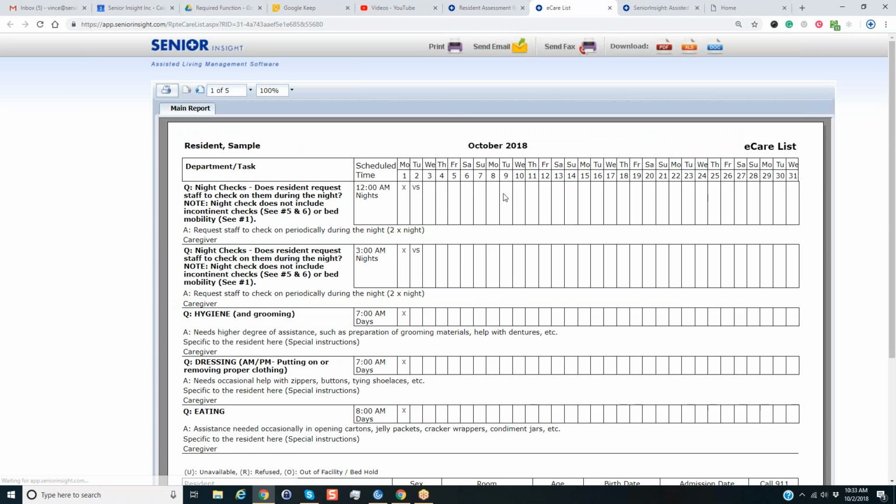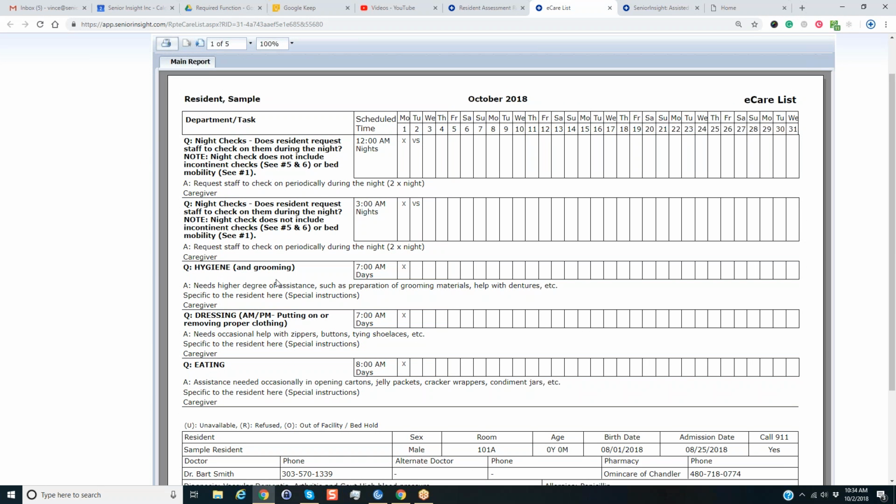So here is the MAR report, okay, for this resident. This happens to be 5 pages here. Hygiene at 7 a.m., dressing in the a.m. This one's at 7 o'clock. We can change these times. So right today, you can see I just tested it to make sure that everything was turned on, and it is. This gives me my electronic documentation, but this would be paper. I didn't complete the functional assessment until basically the 1st, so that's X'd out. We would have other documentation for that. I don't want to confuse it too much. But here is what the staff needs to do